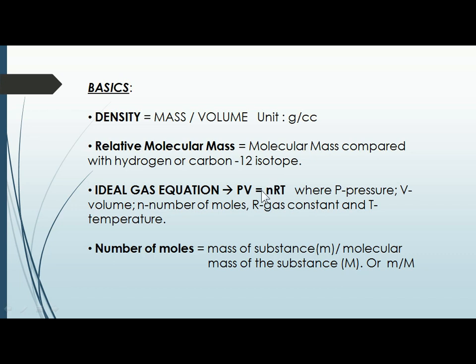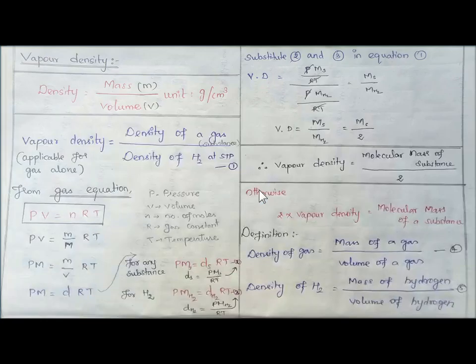So let's go to the derivation of vapor density with the relation with molecular mass. So that's what we are going to learn. Now vapor density. We know what is density. Density is equal to mass by volume, so small m by V. The unit is gram per centimeter cube or cubic centimeter. So what is called vapor density? When I say vapor, this is applicable only for gas, so you have to be very careful. The vapor density is otherwise called relative vapor density.